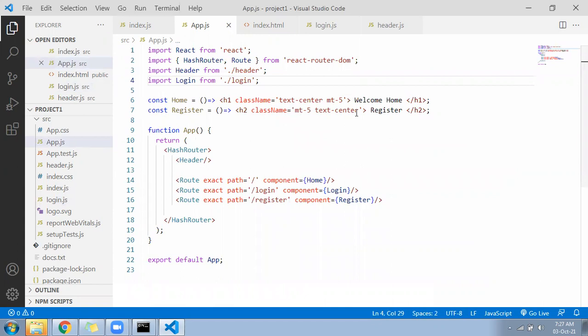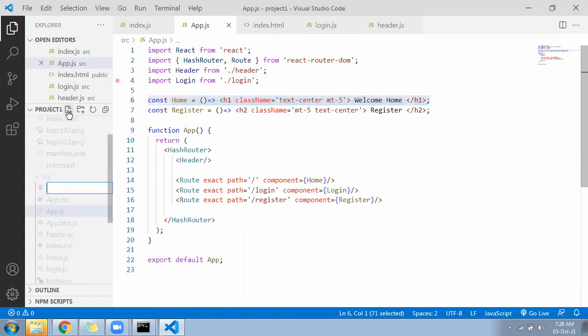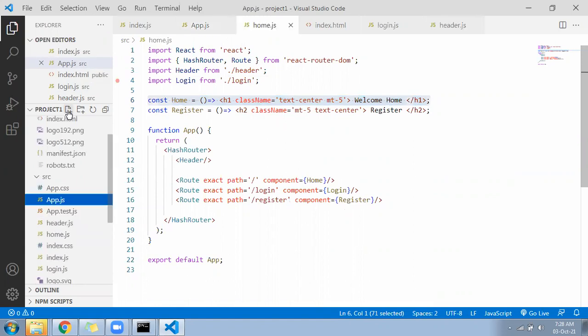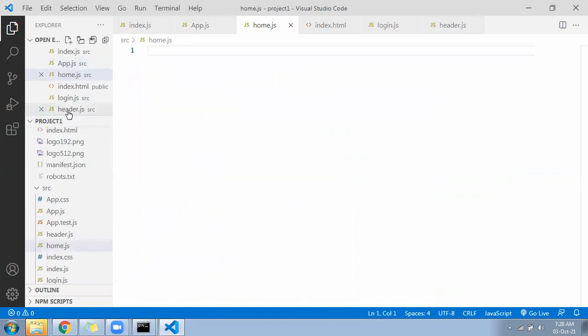So let's create a component home.js. Create a new component home.js.